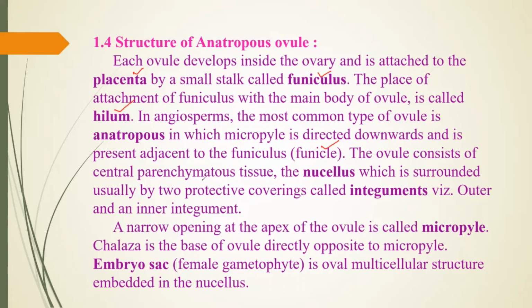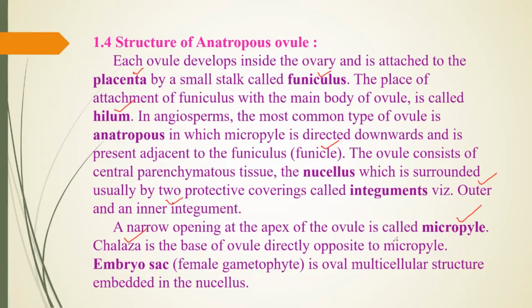Then the ovule consists of central parenchymatous tissue and the nucellus, which is surrounded by usually two protective coverings. We call them integuments. So it includes the outer integument and inner integument. Whatever is inside, all the cells are parenchymatous in nature, and all these cells are surrounded by the protective covering called the integument, outer and inner. A narrow opening at the apex of the ovule is called the micropyle. The opposite side to the micropyle, the base, is called the